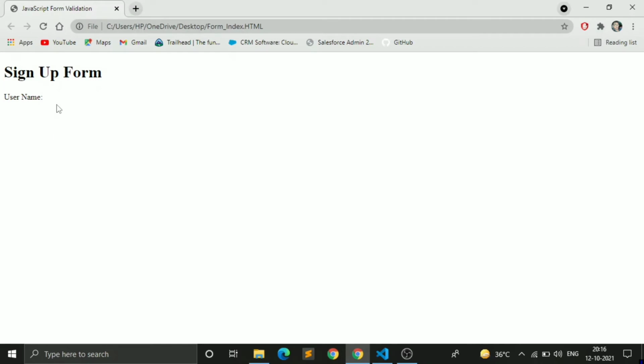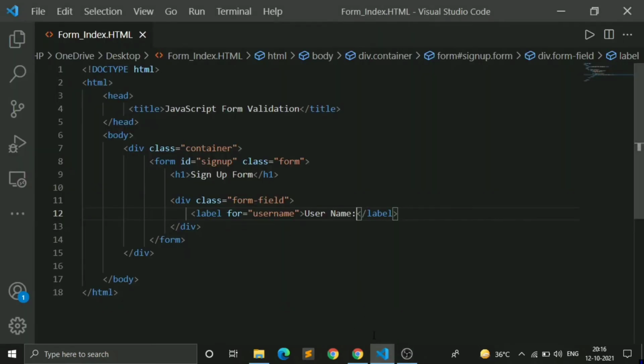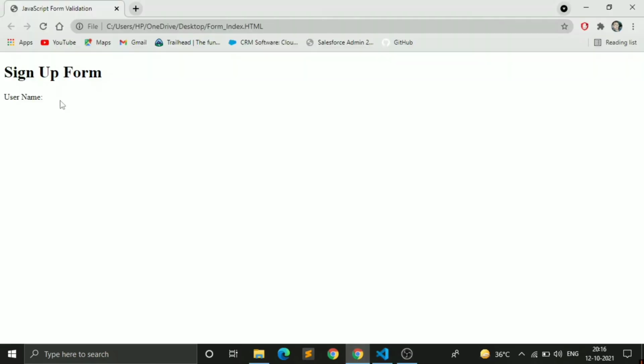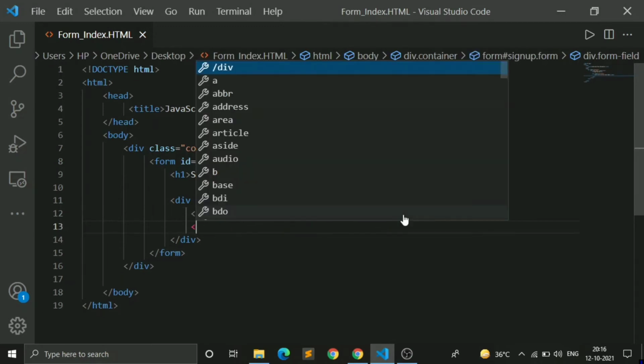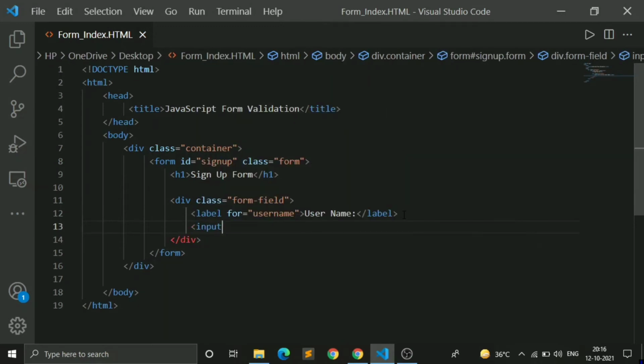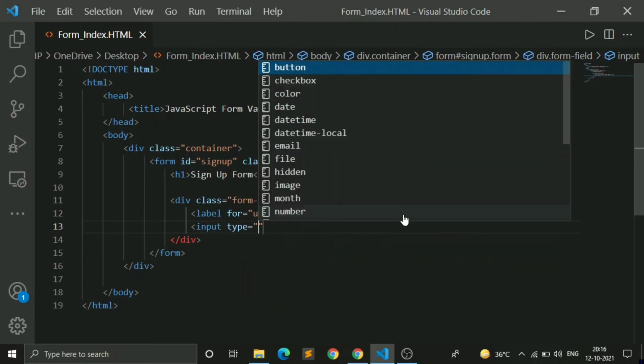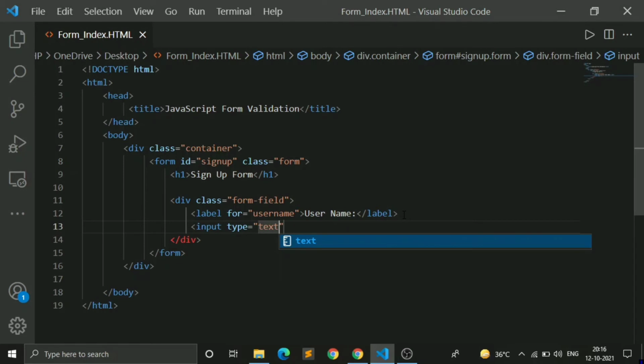For input, I am creating an input box over here. For that I will code by using the input tag, and its type will be text. So type equal to text. Yeah, it is fine.